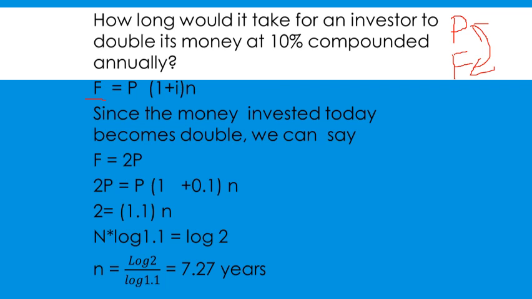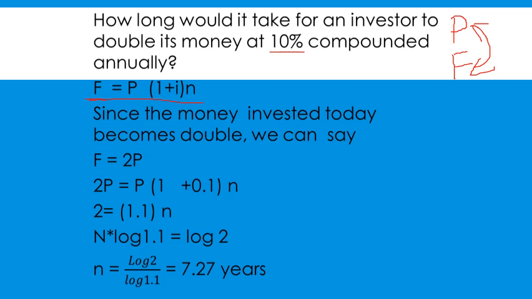That is the first job you need to do whenever you are given a problem. So first I can understand that I am investing some amount today, that is P, which gets compounded to F after some time. How much time, that I don't know, but I know that it is compounding at a percentage of 10% per annum. Let me use the relationship F is equal to P multiplied by (1 plus i) to the power of n.